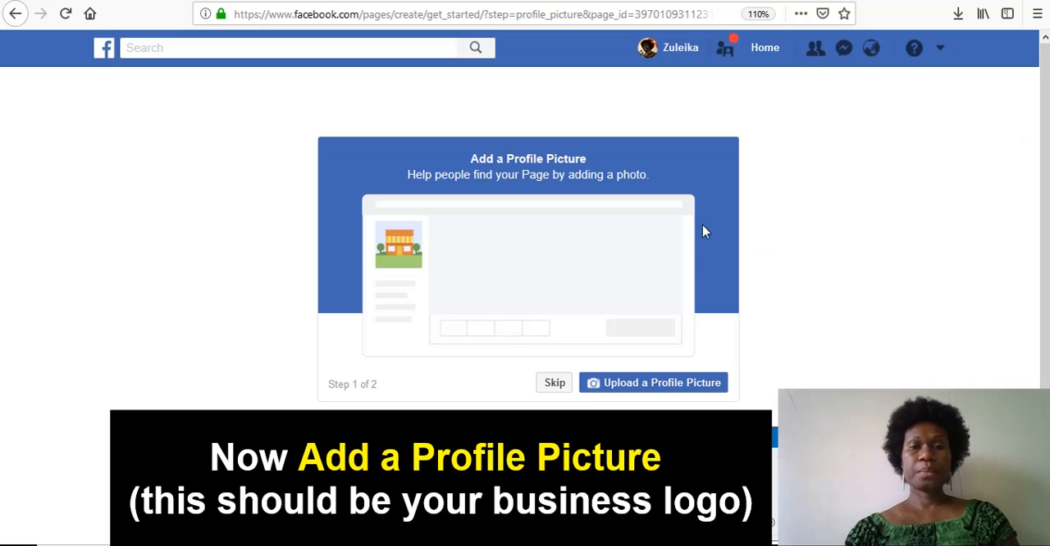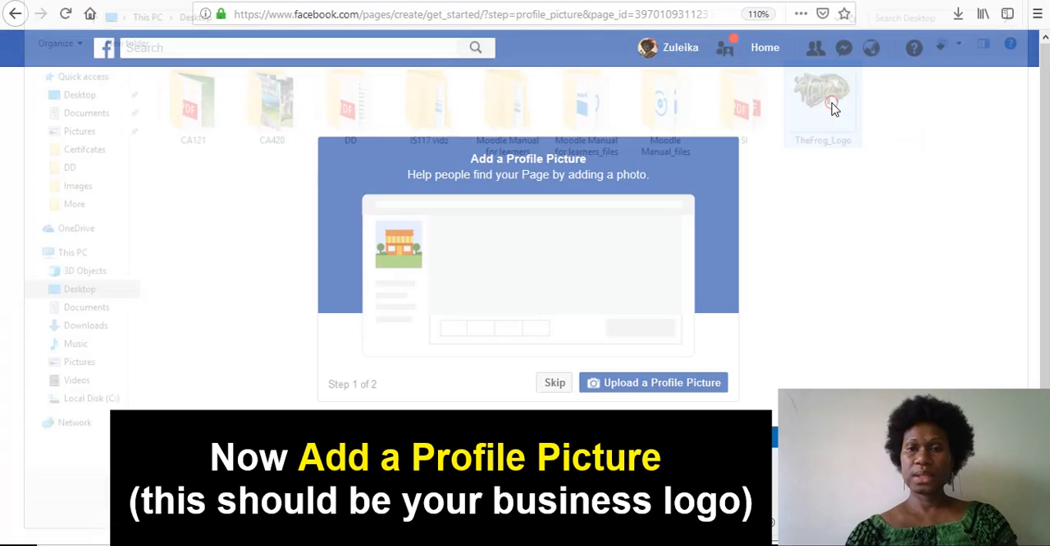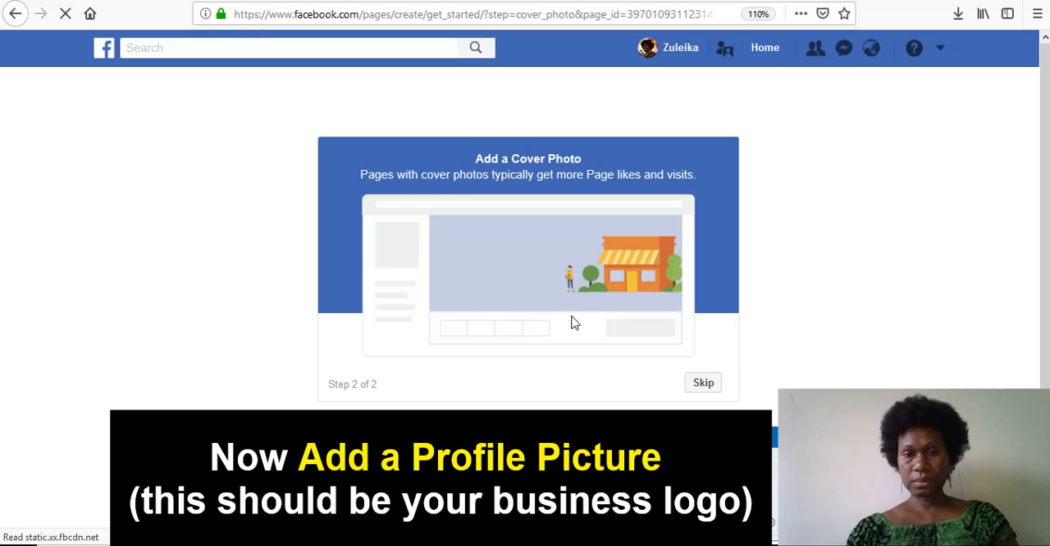So add a profile picture and upload from here. Your profile picture should be your business logo. So if you follow the topics in the course as they are, you will see that we're trying to help you guys to set up your business page, logo, all this stuff. Let's pretend this is my logo. Just uploaded a picture here,